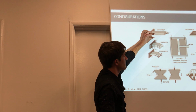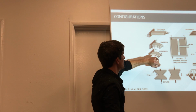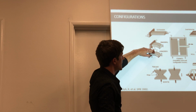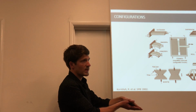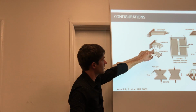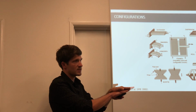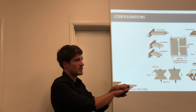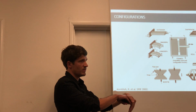And then as you apply the voltage, it's going to compress the thickness and expand in area, so we'll just go out that way. Bimorph and unimorph: you put one or two of these back to back, and as you apply the voltage, it's going to bend one way or the other way. For unimorph, you have one actuator stuck to something that can't extend. And so as you actuate the DEA, it's going to get longer, but the inextensible layer can't, so it bends